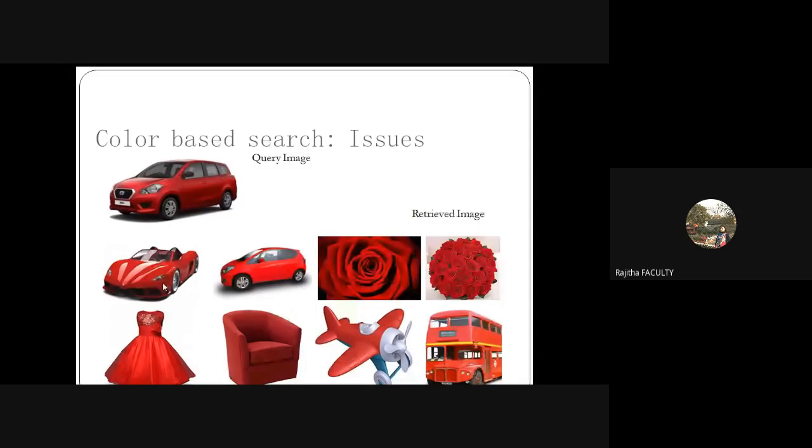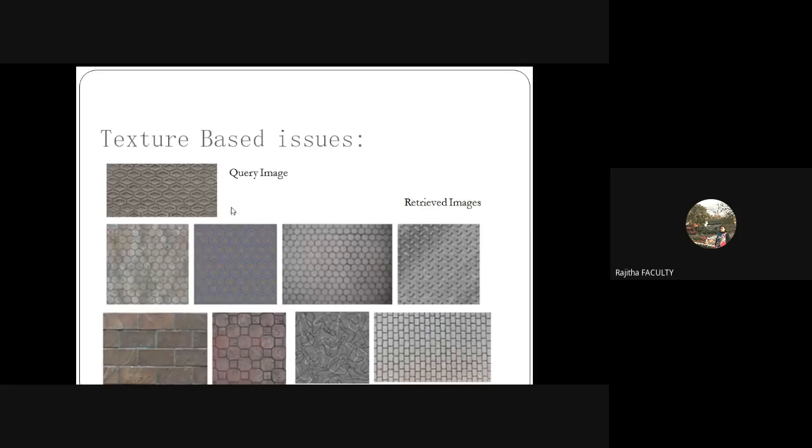Okay, so like this, if I'm searching only on color, again I have a problem. Similarly, instead of color, if I go for texture also, there will be a problem. Now texture in the sense that there is a unique pattern followed for the particular cells. Suppose I give this query, you can observe that this particular diamond pattern should be there in the retrieved